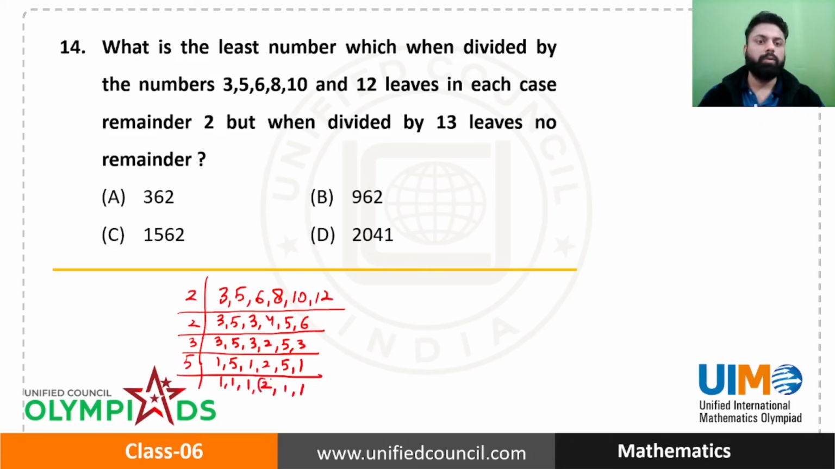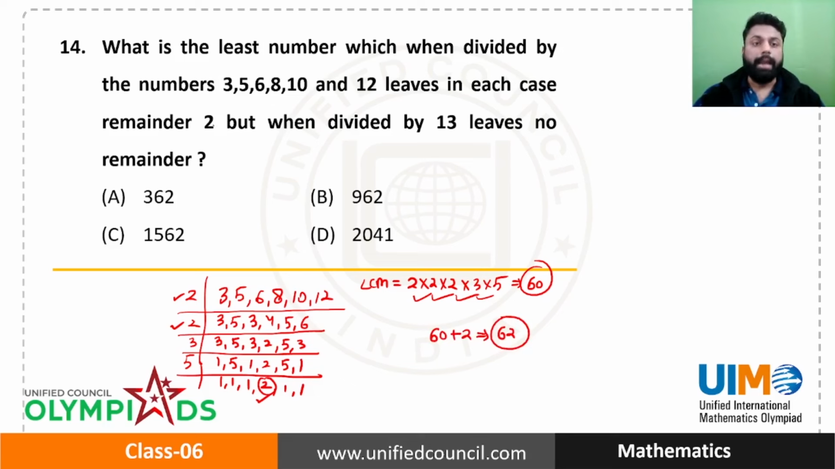So let's pick 2 from here only. So LCM is equal to 2 multiplied by 2 multiplied by 2. 2 is coming for 1, 2 and 3 times. Multiply by 3 multiply by 5. 8, 4, 8, then 12, then 60. So this is equal to 60. Now, if you add 60 and 2, so this is the number 62, which actually leaves the remainder of 2